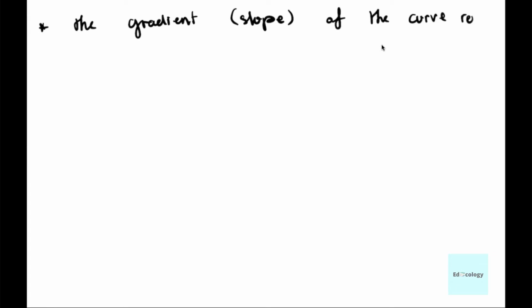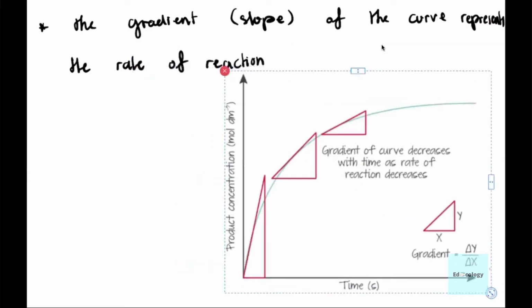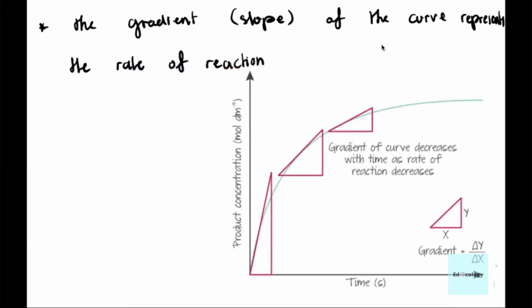Now it is important to note that the gradient, or the slope, in other words the slope of the curve, represents the rate of reaction. So here, if you look at the beginning, at the start of the graph here,